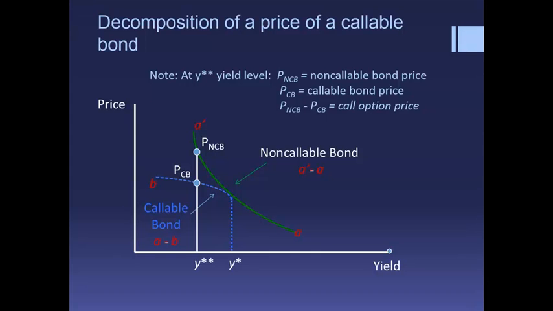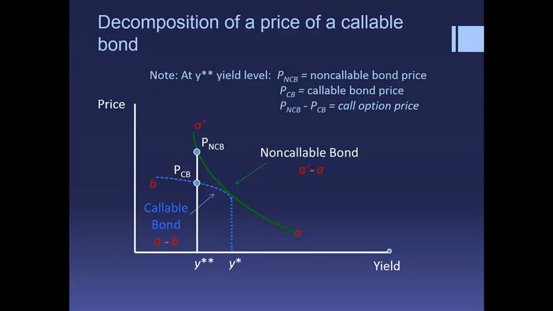Now if you look at a callable bond, similar graph as before, if we look at a non-callable bond, it has the same features as the callable bond. The only thing different is one's callable, one's not. You see the A to A prime, that's the curve with the price-yield relationship for the non-callable bond. Then for the callable bond, we have that veering off as the interest rates fall, veers off, and that price appreciation is